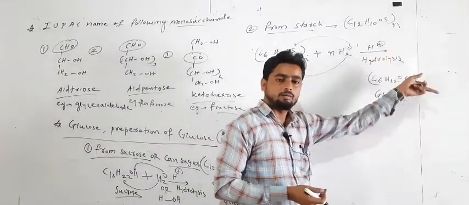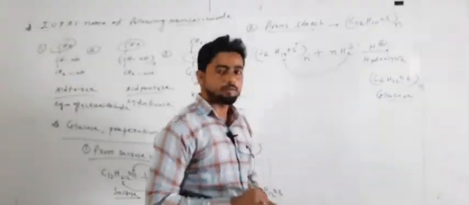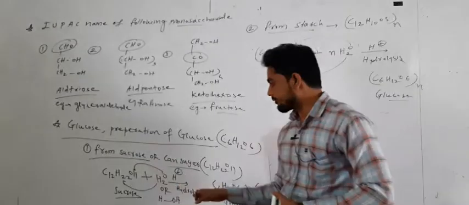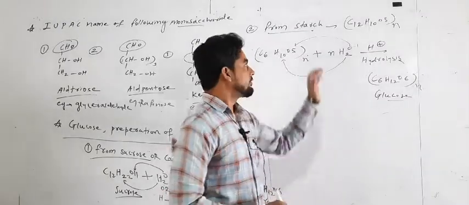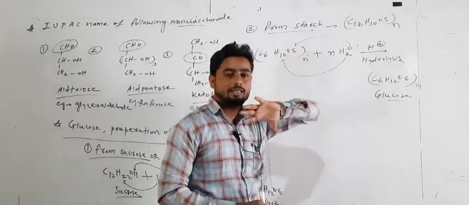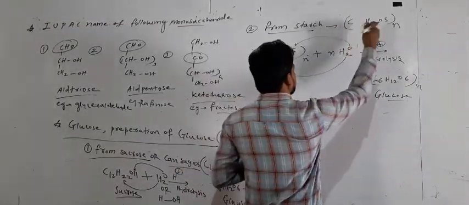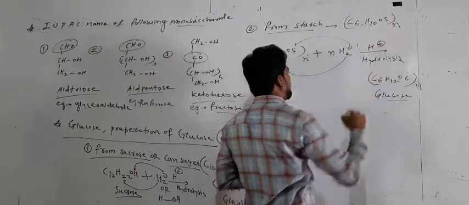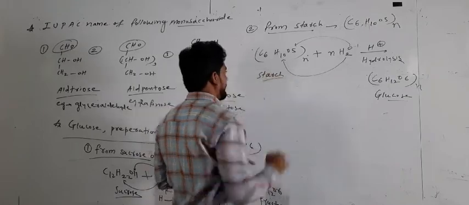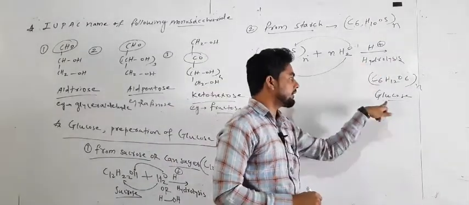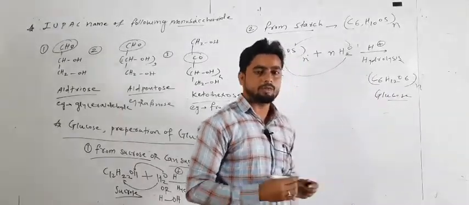So it also gives what? More number of what? Monosaccharides. So glucose here. So in this way we did the preparation of glucose by using sucrose or cane sugar, formula C12H22O11. This is what example? From the starch present in the grains of all foods. Clear? Formula C6H10O5, and this starch on reaction or hydrolysis in presence of acid, what we get here? It forms the monomers of glucose. So it is called the preparation of glucose.